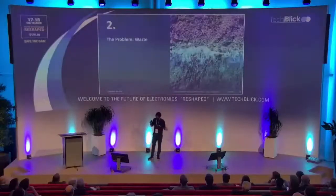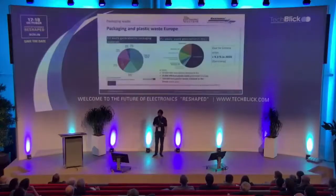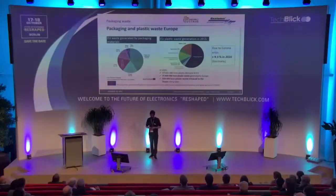So now we go to the topic of this talk, and this is waste. You can see here wonderful blue water and then a super disgusting beach. We don't want to see these pictures more often. However, we have to show it, and I can show you why. This is just the plastic waste of the European Union, so not Asia, not Northern America or the Americas. And we can see here that especially with packaging materials, we have a lot of cardboard. Nice, this is a recyclable